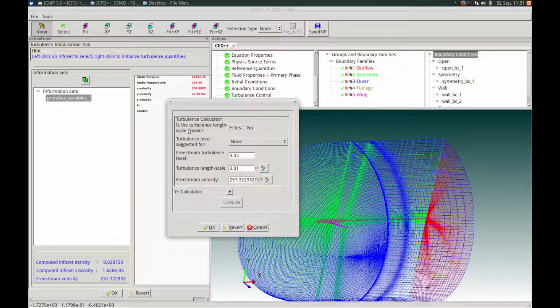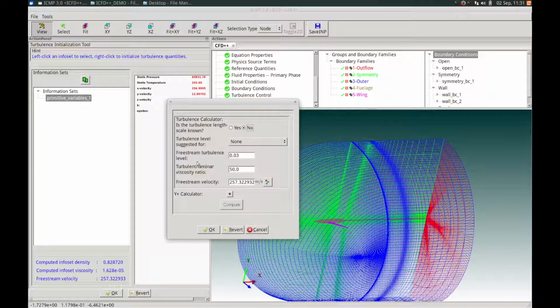For the question of is the turbulence length scale known, we will say no. As a result, we will initialize based on a turbulent to laminar viscosity ratio. The free stream turbulence level, we will enter a value of 5e-4. This is a very small value, so it ensures that we have a relatively laminar flow coming in. And we will enter a turbulent to laminar viscosity ratio of 0.1, once again to ensure a relatively laminar flow